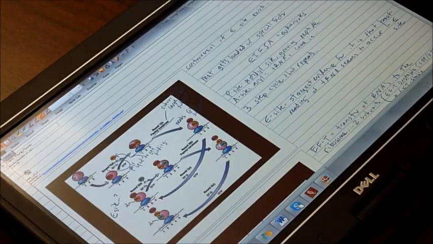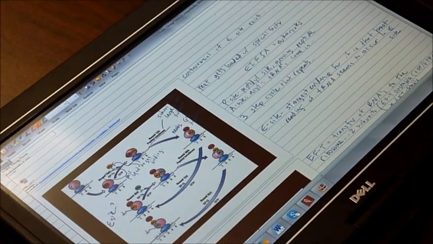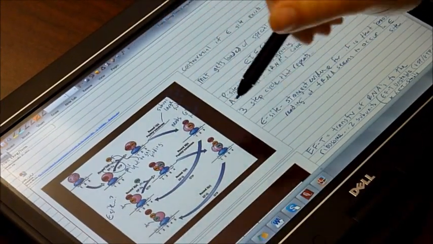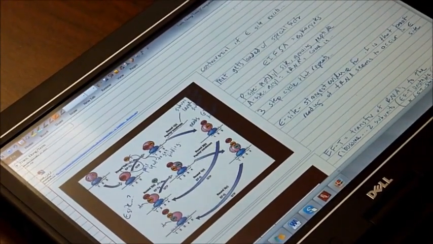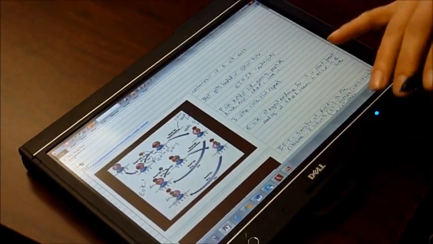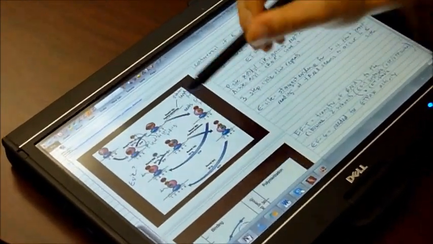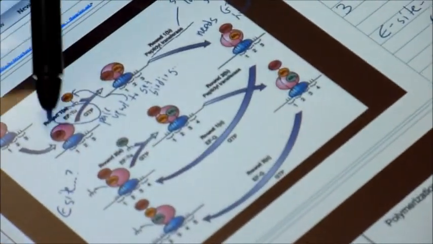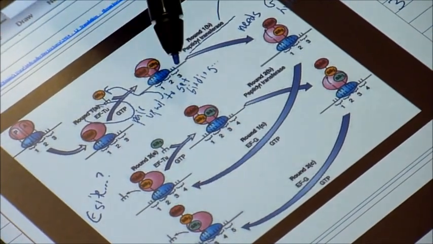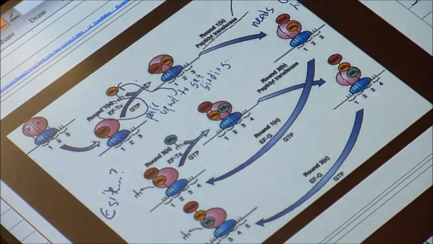So when you talk about the students that just handwrite on pen and paper in class, you can separate those students into two groups. One group use PowerPoint slides that they print off, because most science professors will use PowerPoint slides like this, and other students simply use notebook paper. The advantage over notebook paper is obvious here. You can see that I use the PowerPoint slides, and the professor will talk about things, and I can directly circle. So here, I've circled these two proteins, and I say that they pair up, and I've drawn an arrow to this third protein to get binding. Whereas other students are trying to describe this interaction, I have a visual of it.